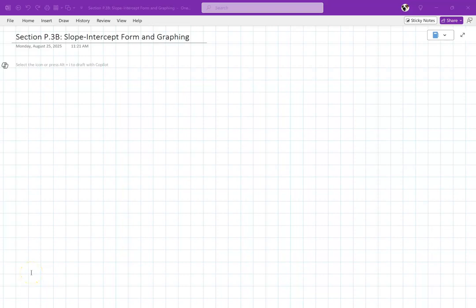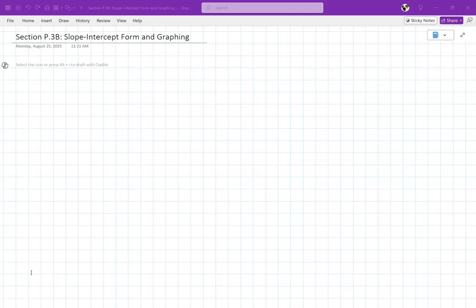Section P.3B. So if you notice, last time we did P.3A, which was just on slopes, figuring out slopes and stuff like that. This is going to be P.3B, slope-intercept form and graphing. The reason we're covering this is that one of the most important ways to graph a linear function is using the slope-intercept form. Sometimes the point-slope form is helpful as well, but slope-intercept form is probably the best